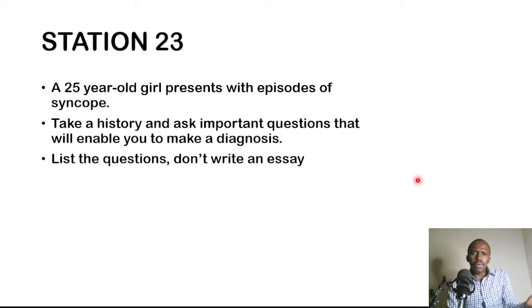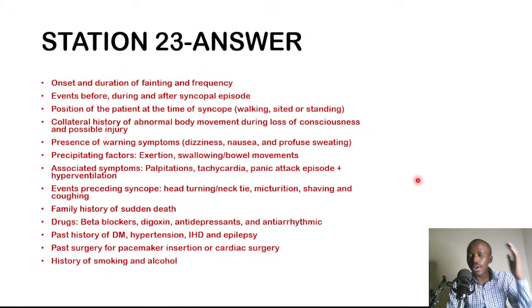Then again, back to our history taking questions. Someone comes in now with syncope, fainting, and you take a relevant history. Again, same schematic that we were using. The onset and the duration of the fainting, the frequency of the fainting, events that happened before, during, and after the faint. Some people can be doing certain things that can trigger them to faint,